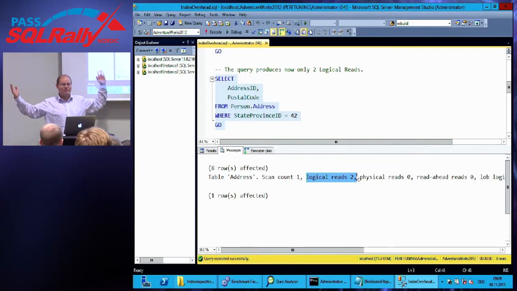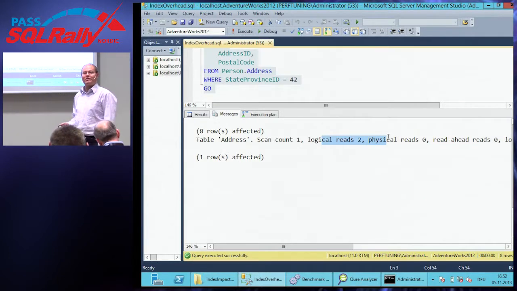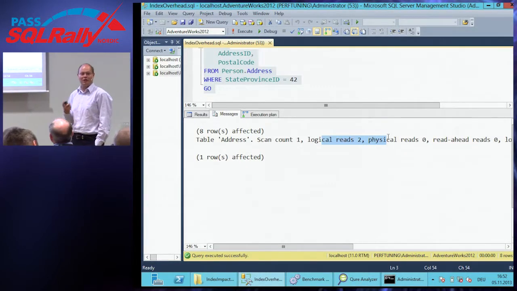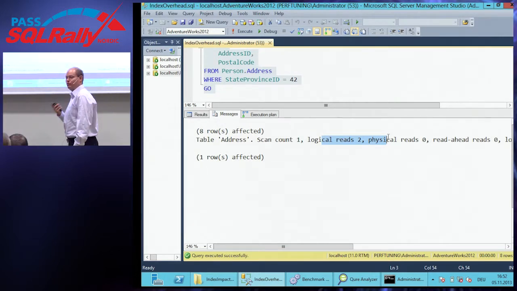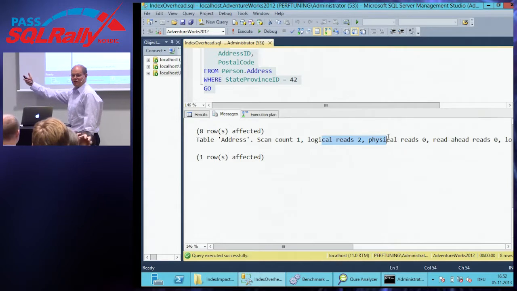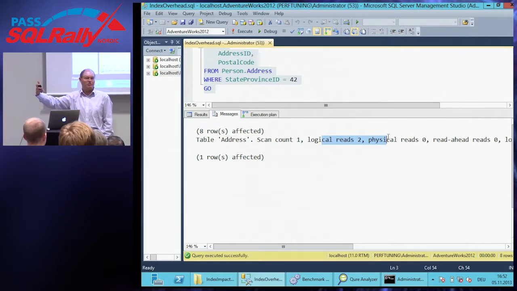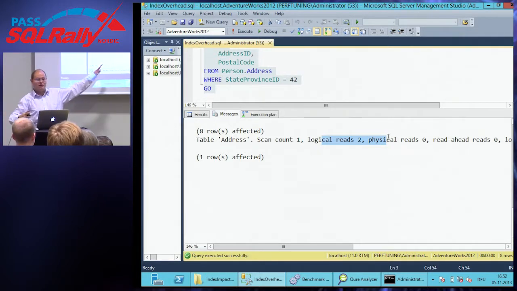Perfect. Let's deploy that change to production. Is this good or bad? Well, it depends. For that query, it's a good change, but imagine we have some other queries which are changing the column postal code. In that case, SQL Server has to change that column in 2 places. Once in our clustered index, the clustered index is our table data, and once in the non-clustered index that we